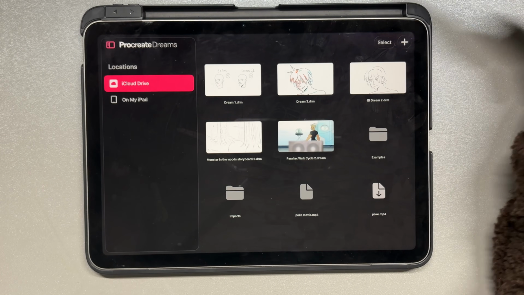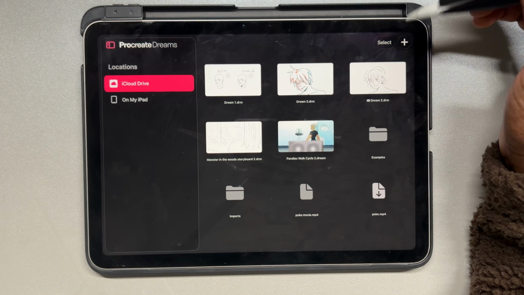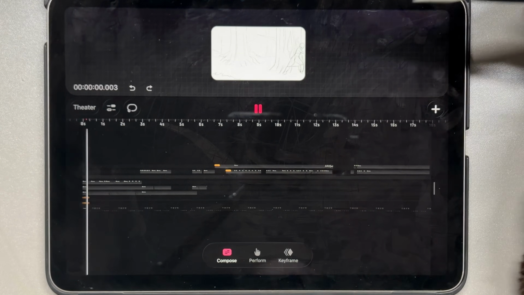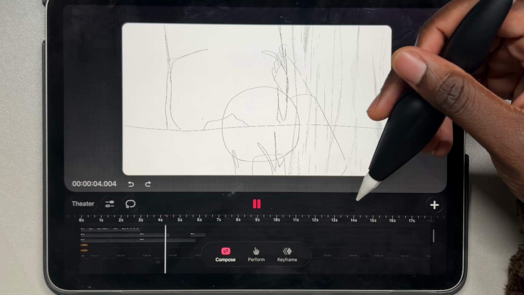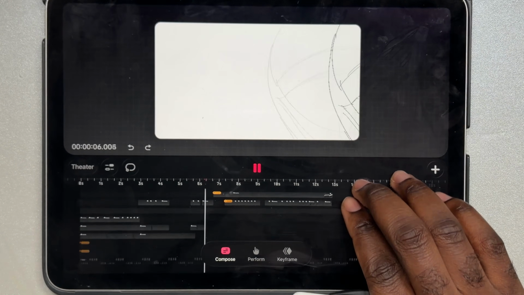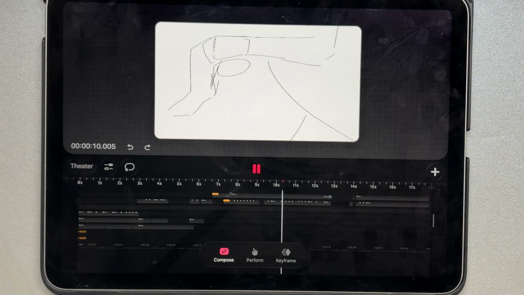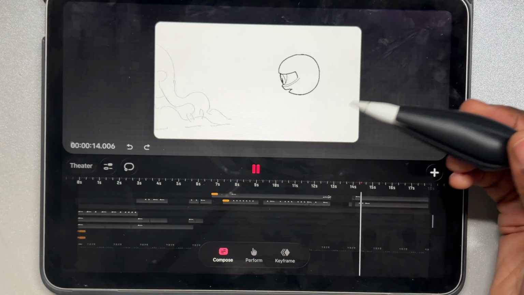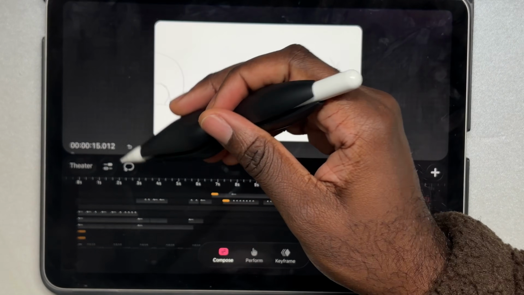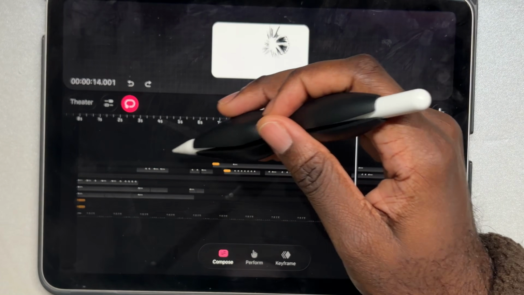Now, here are some small weird things that I saw in Procreate Dreams 2, the new way it works. So let's say I have a large amount of content. As we can see here, I have a bunch of tracks, and this is a Procreate Dreams 1 file, and I might want to create this as a flipbook. Now, if I were to gather all of this and make it a flipbook,